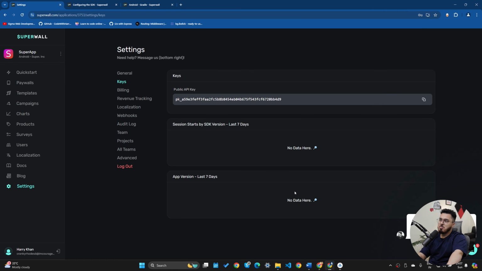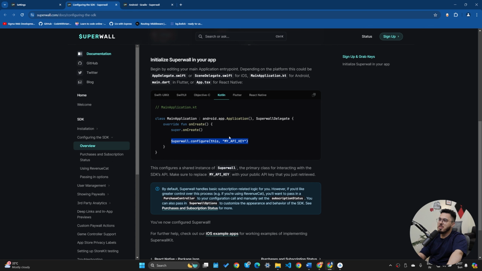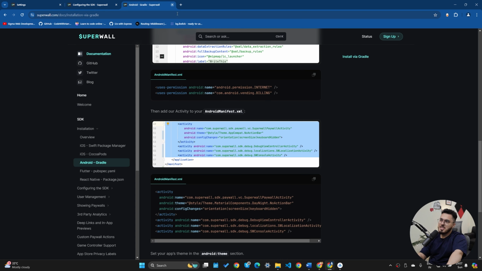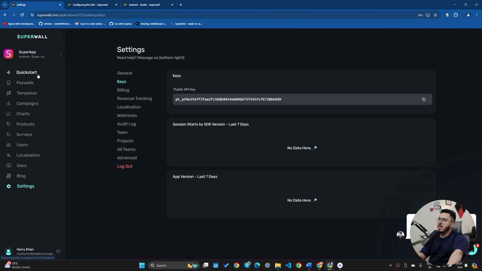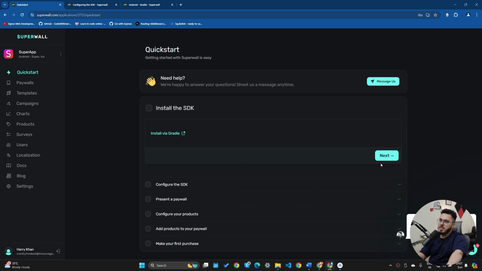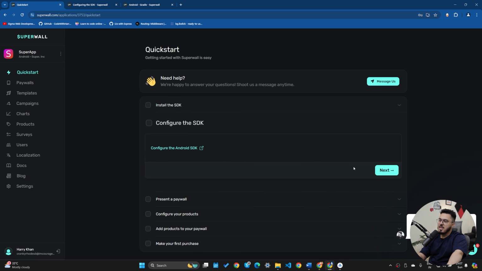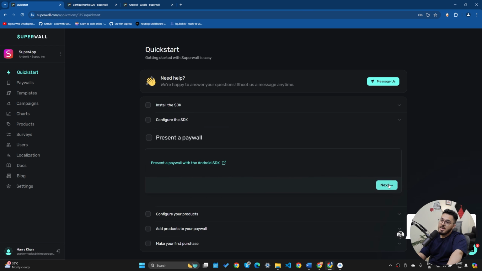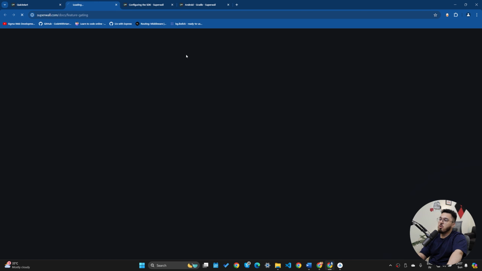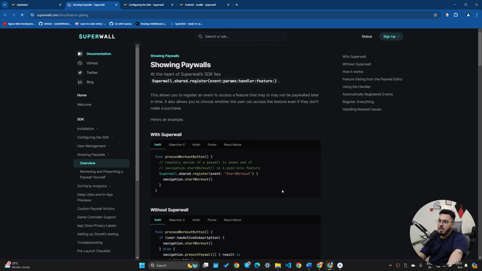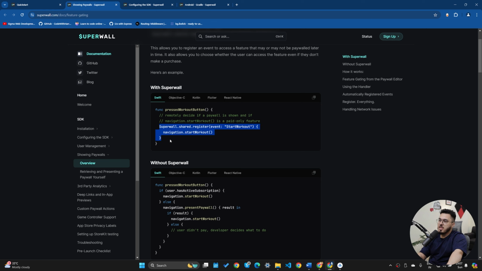Anyways, let's get back to business and let's get back to the quick start guide. We are done with this step. Let's move on to the next step. So I'll navigate to the quick start guide again, hit next. I have configured the Android SDK. Let's see how we can present a paywall. So in order to present a paywall, we'll have to simply invoke this. So we'll say